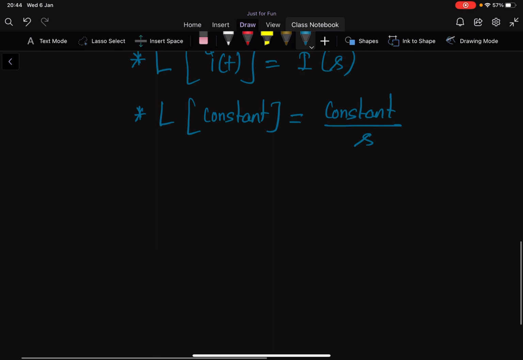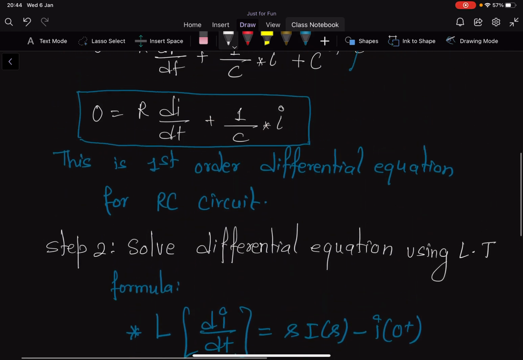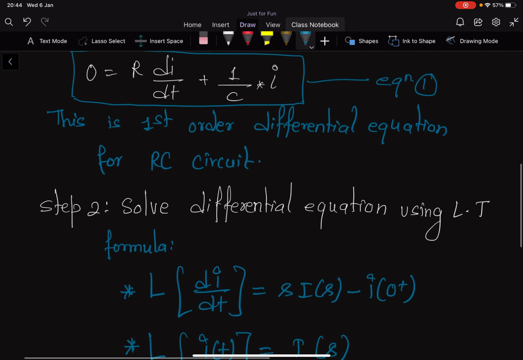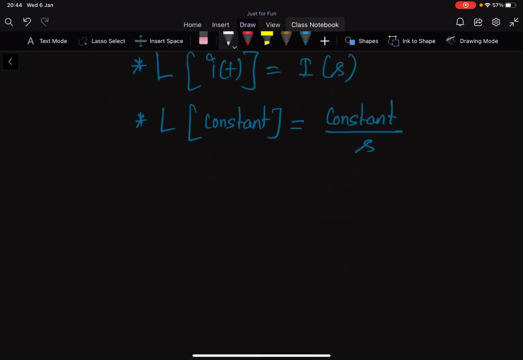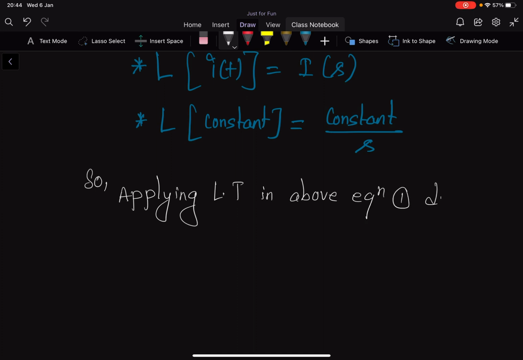Okay, so let's use our differential equation then. So this is our differential equation. I will say equation 1 here. So let's use this differential equation, Laplace transform. So applying Laplace transform in above equation 1, differential equation, we get,